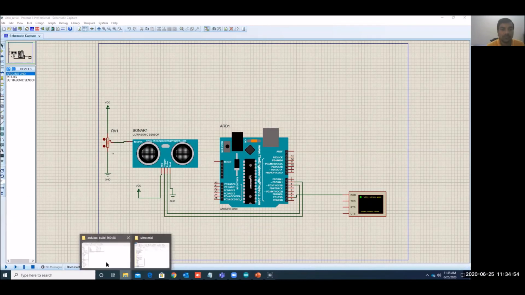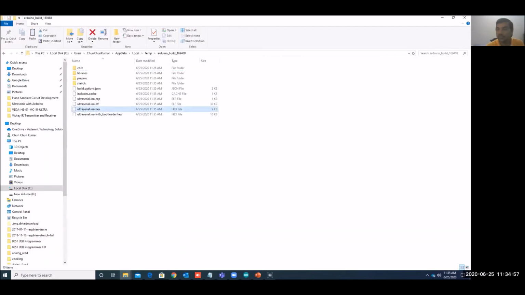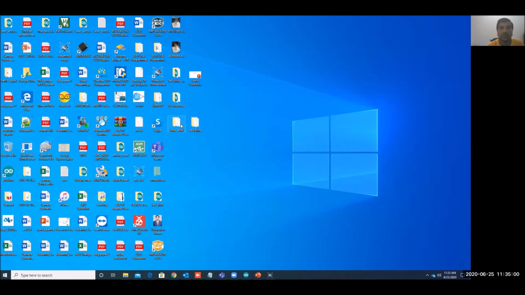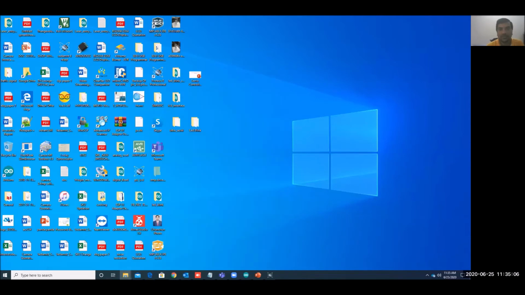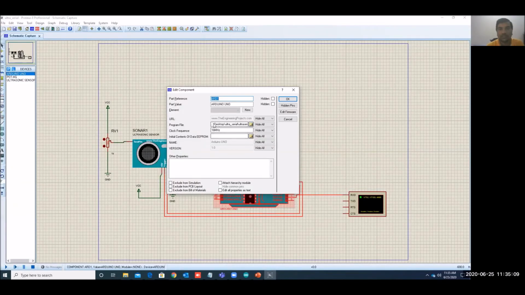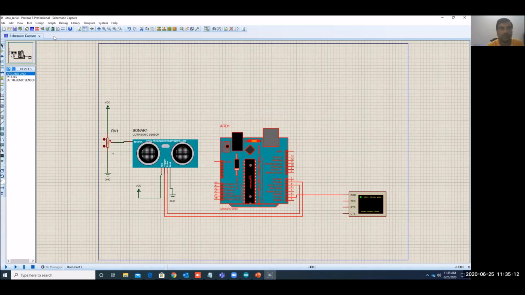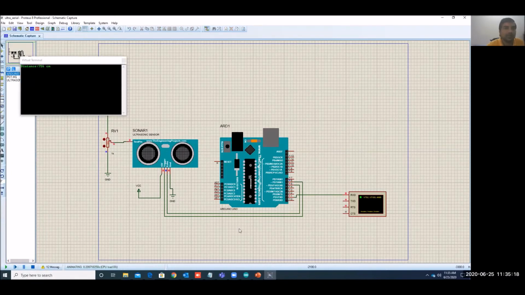So here we will take this updated hex file, and I'll go to ultra serial and replace this. Okay, now if we select this, then I think this time it will come in centimeters. So now you can see the distance is coming in centimeters, and here you can reduce that with plus and minus. In this we can't put a physical hand here, so we have to increase and decrease the distance from here itself.